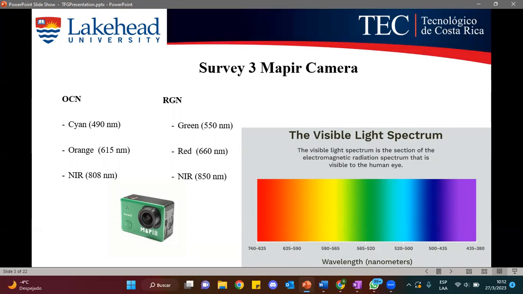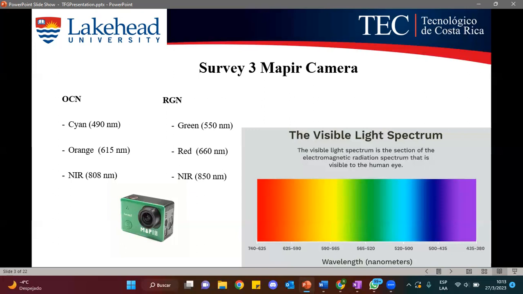So for the study, two cameras were used. First, an RGN camera, which is very common in remote sensing. It includes green, red, and near infrared bands, and a new camera, the OCN, that includes cyan, orange, and near infrared. And this camera is quite new. So there are no vegetation indexes using these bands to express vegetation health or